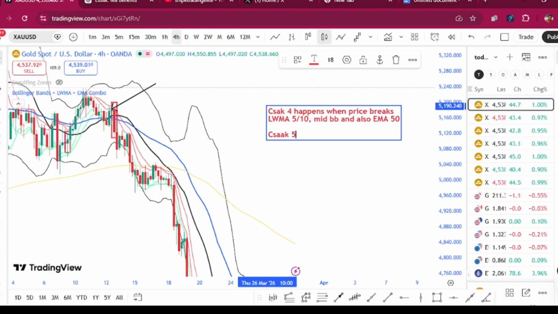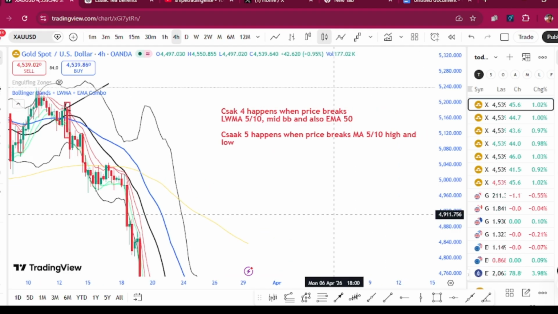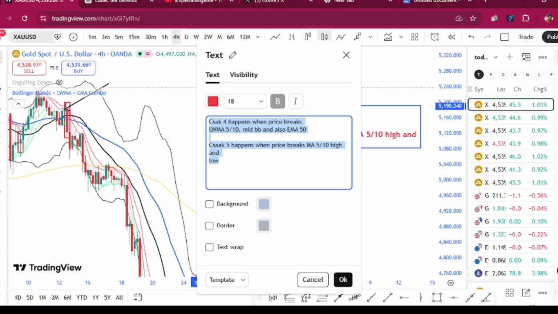CSAK5 happens when price breaks the top and bottom BB,